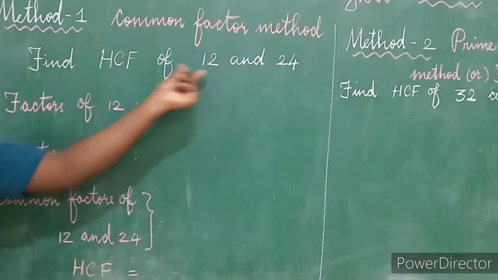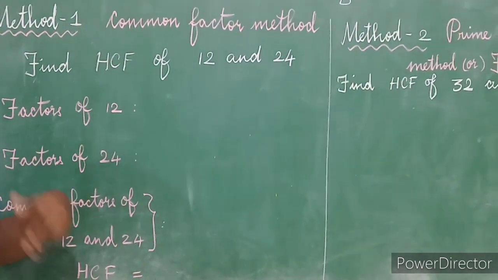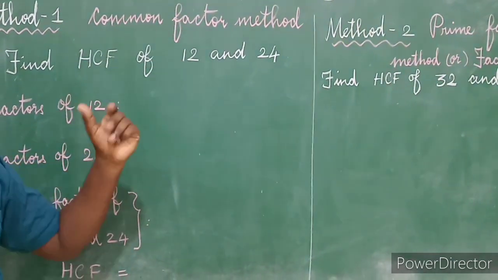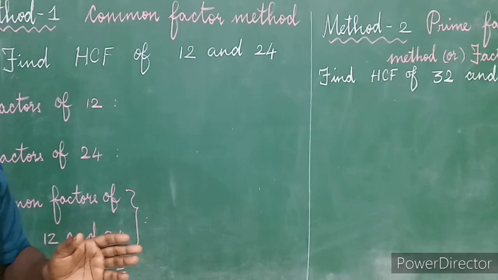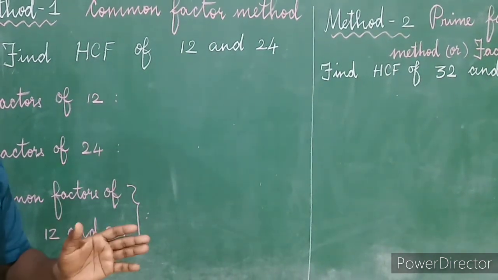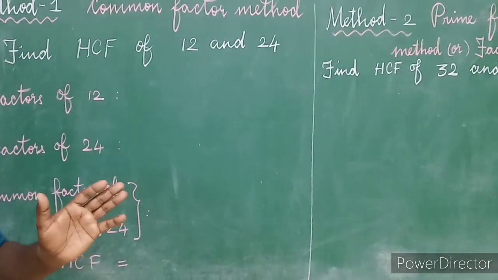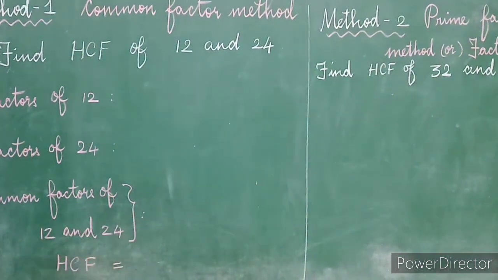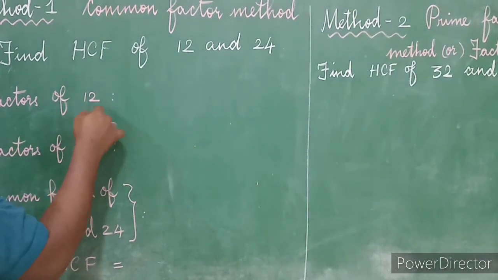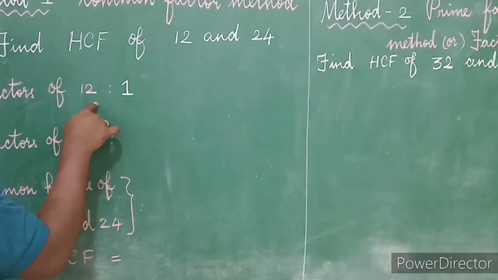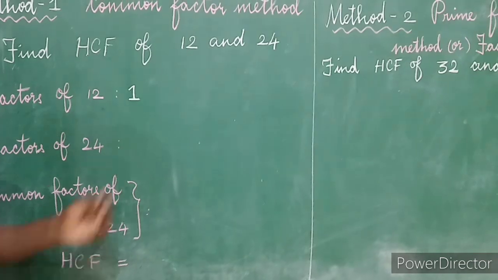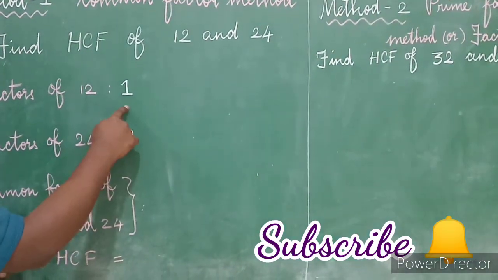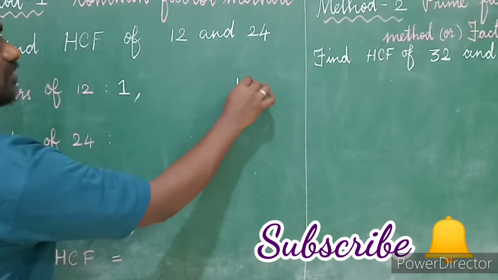So write the factors of 12. As we have already learned, factors are the numbers that divide 12 with remainder 0. They should divide the given number exactly. So let's see, what is the smallest factor? 1 will divide 12, or in other words we can find where 12 comes in the multiplication table. It is there in the 1 table as well as in the 12 table.